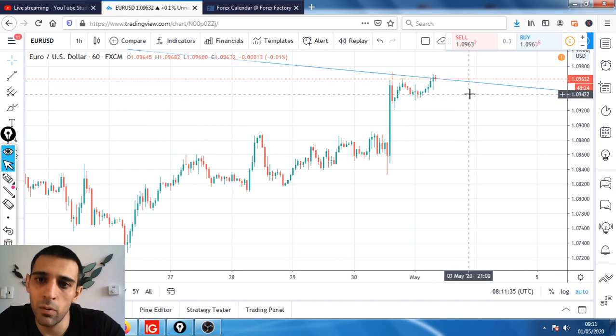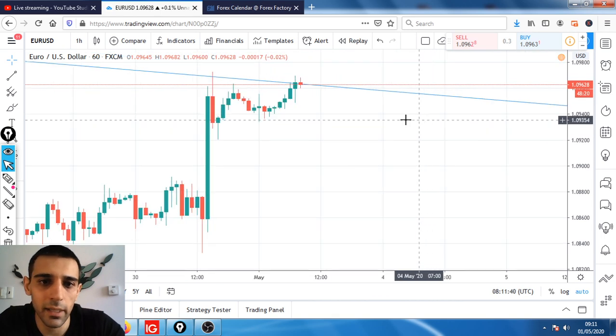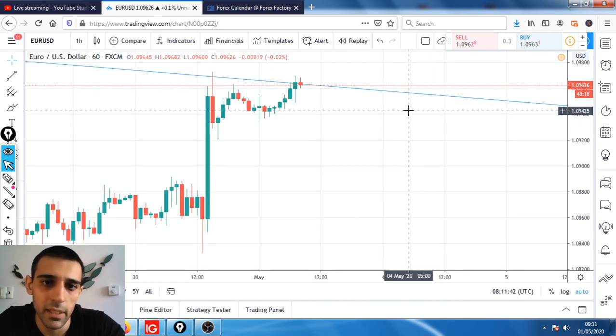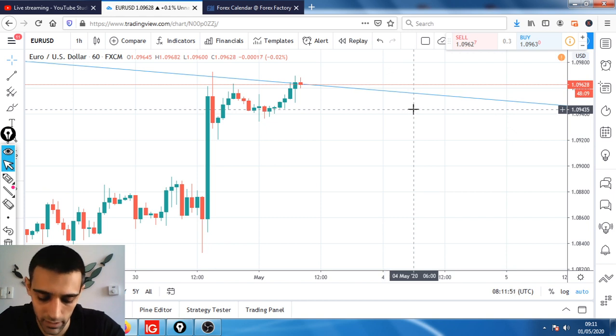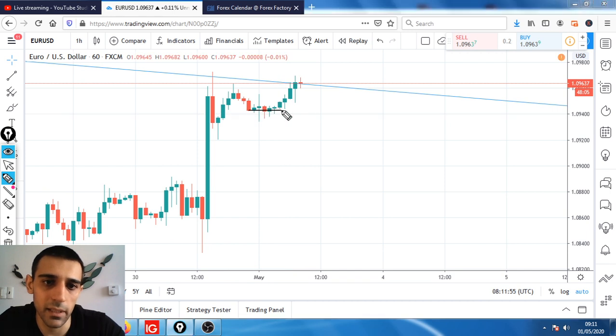For now, I don't even like the candle. Okay, no, that's not that bad. So as of the entry, I would look for the entry at around 109.45, give or take, down to this level in here, or this one is actually an even better level than this one.